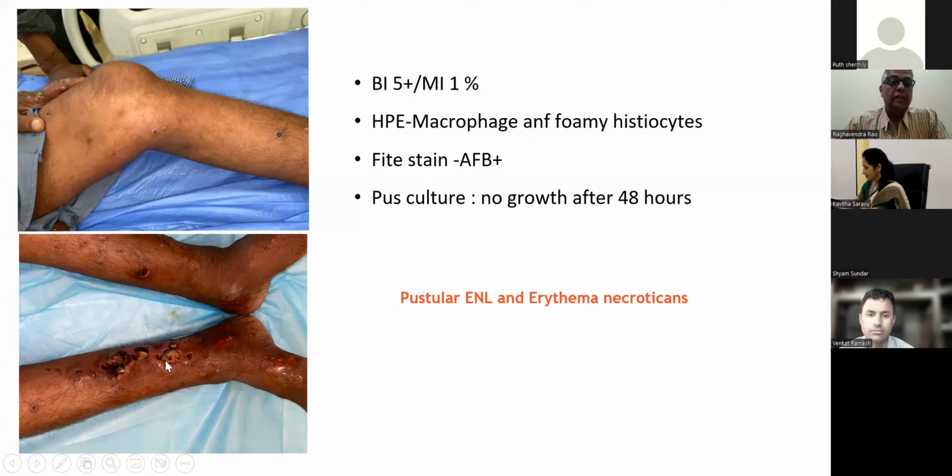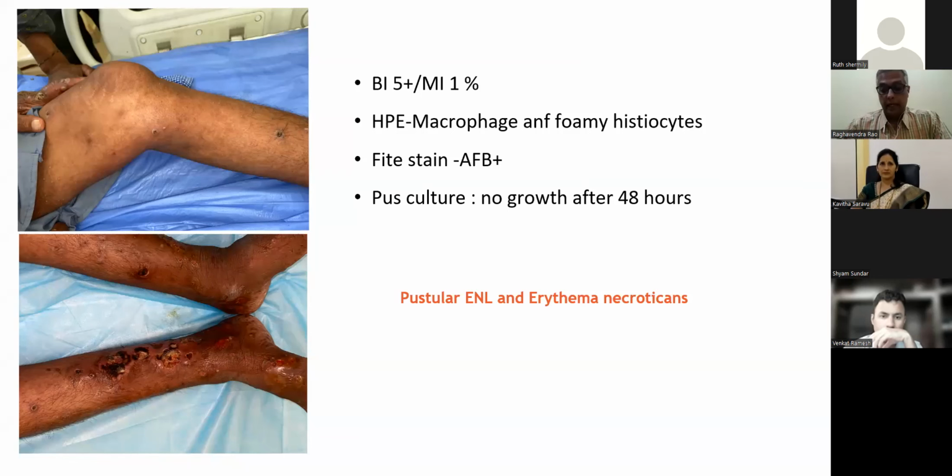leprosy reactions. You can see here multiple large deep ulcers over the legs, as well as multiple pustular lesions over the extremities. So this is an unusual variant of type 2 leprosy reaction, where the patient presents with pustular lesions as well as ulcerative or necrotic lesions. So she was also started on MDT with steroids and thalidomide, which is considered the drug of choice for